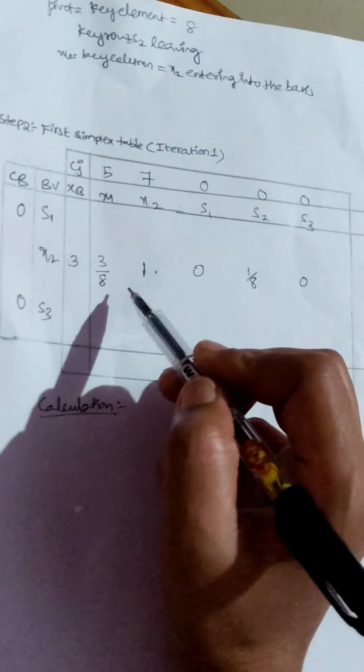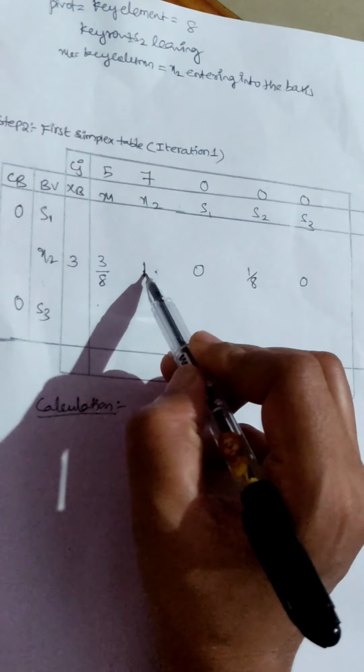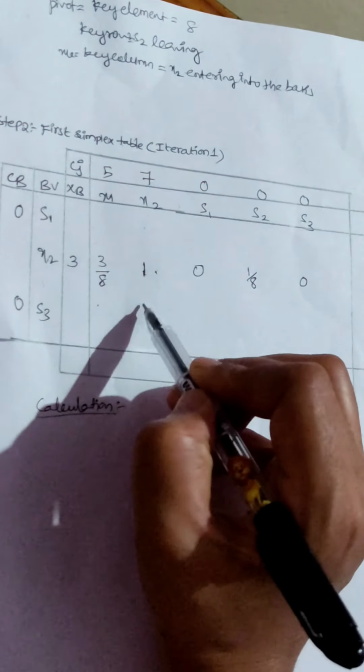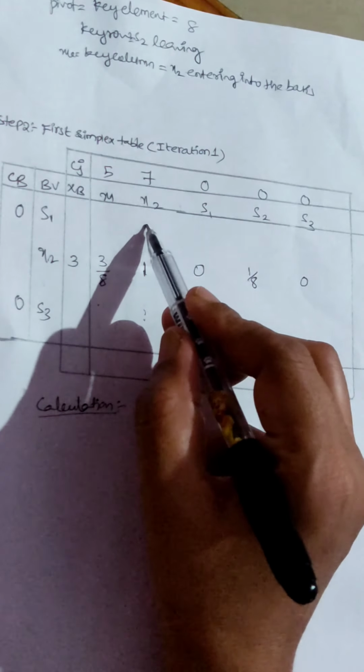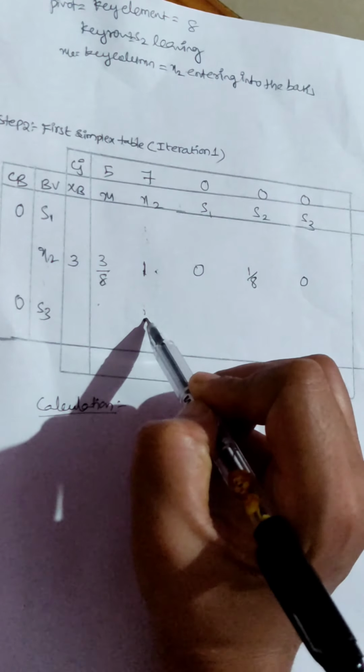After writing this, the main objective here is that the key element has been converted into 1. The remaining elements in the key column we must convert into 0. That means this element we have to convert into 0 and this element we have to convert into 0 by using the formula. The formula is